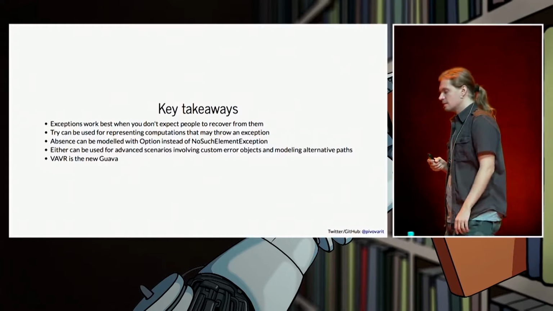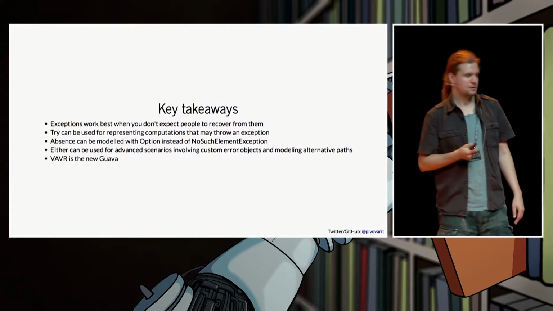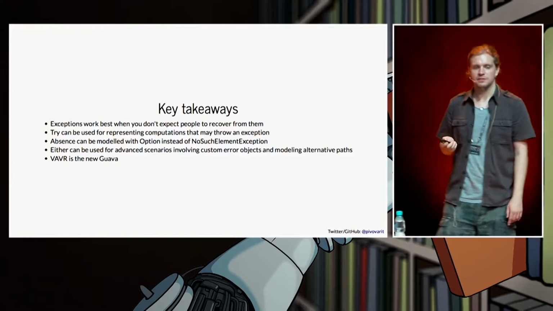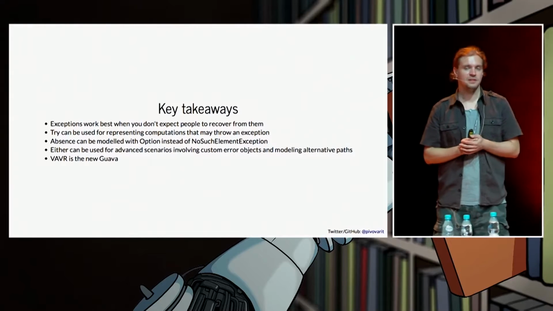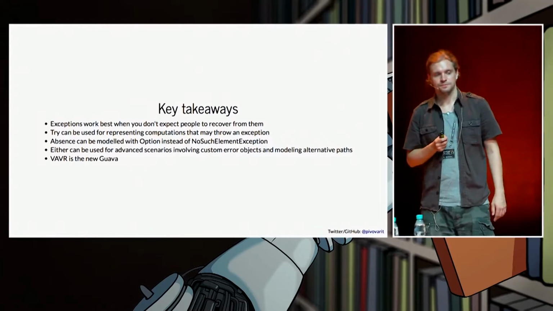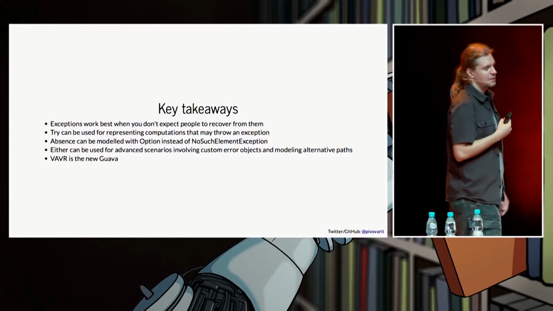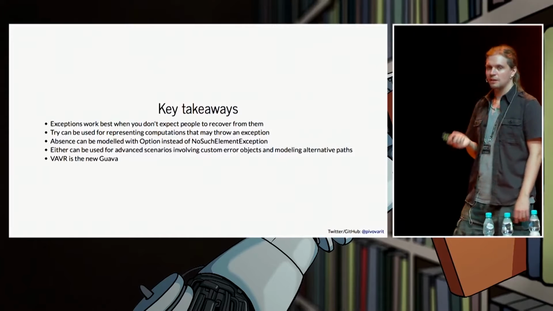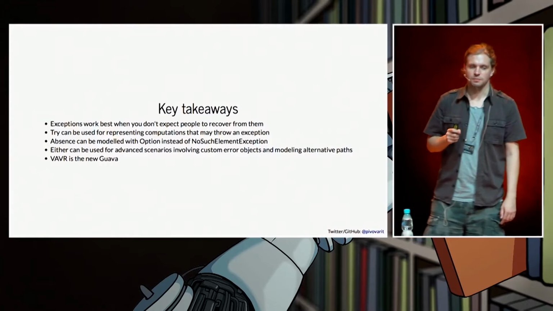Another thing is, it could be quite important to think if you really need exceptions. There are many cases where exceptions can be avoided, where you, for example, don't need NoSuchElementException anymore, but you can go for Options instead. So sometimes exception handling can be done by avoiding introducing exceptions at all. And if you need to go for some advanced use cases, you can go for Either. That will help you not only with exception handling, but with every case where you are dealing with business logic that diverges at some point.